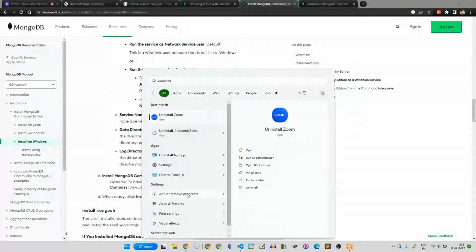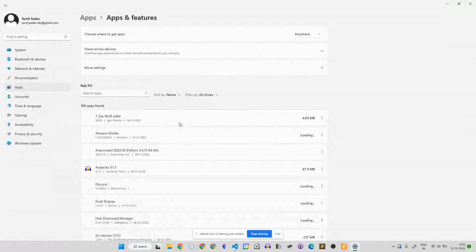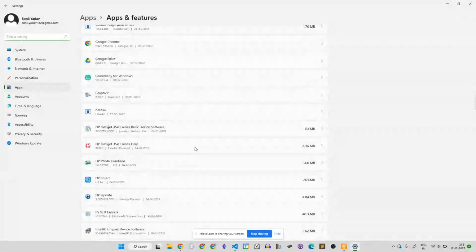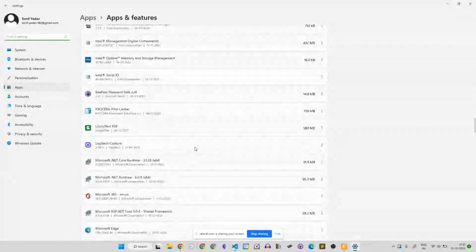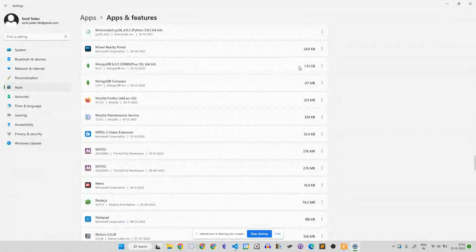There is Remove or Add Programs. There should be MongoDB. Yeah, this is the MongoDB program. I'm going to uninstall it, so I'll first click on uninstall.